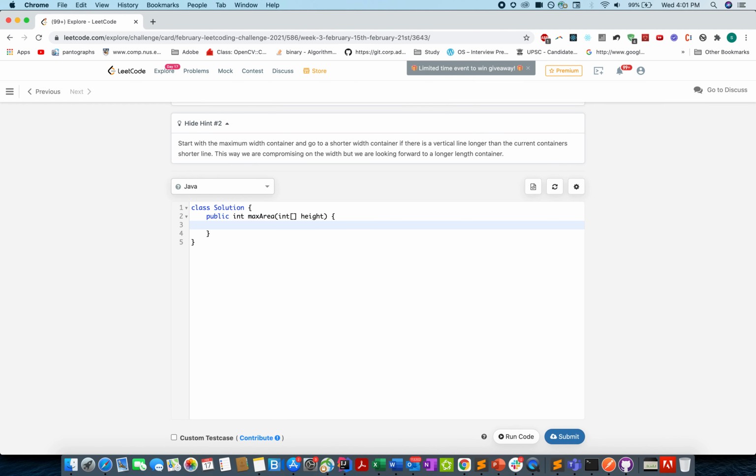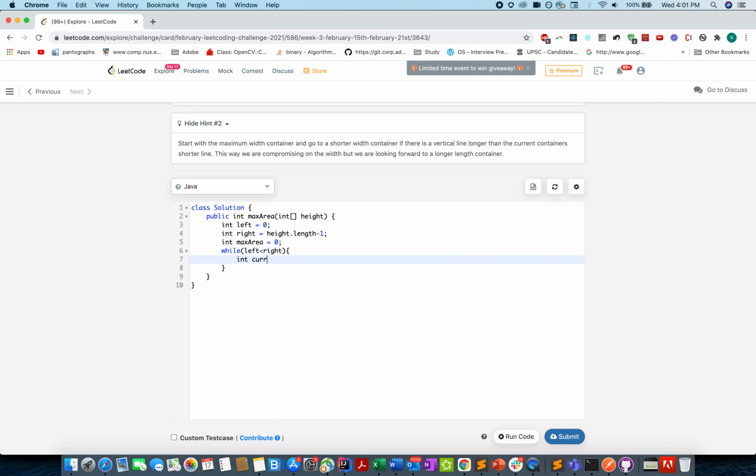So let's define the two pointers. Left equals 0, integer right equals height dot length minus 1, and let's define a max area variable equals 0, while left is less than right.